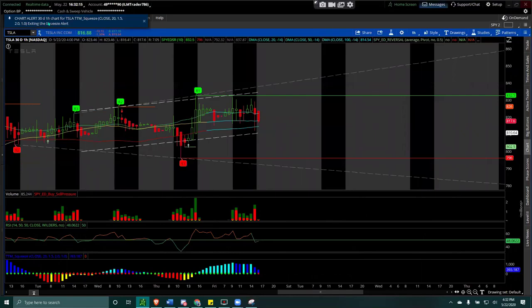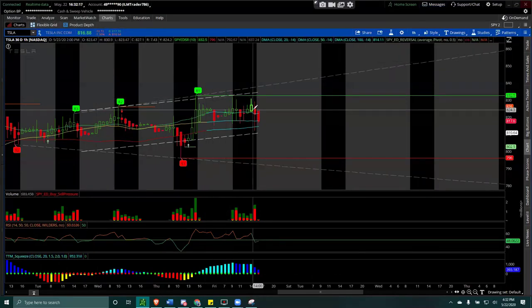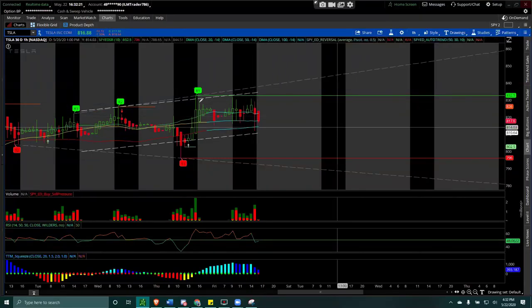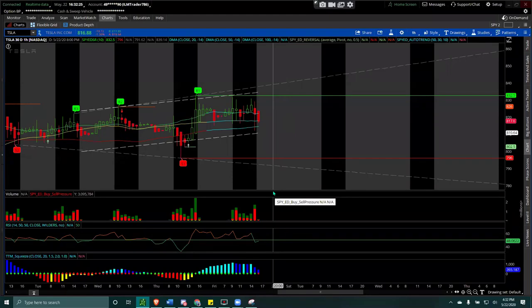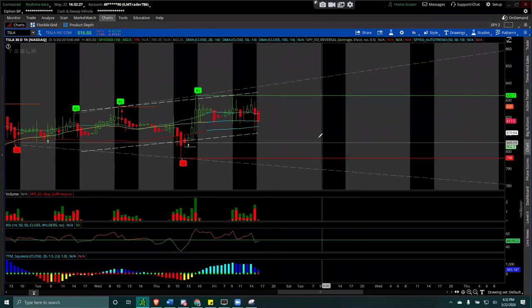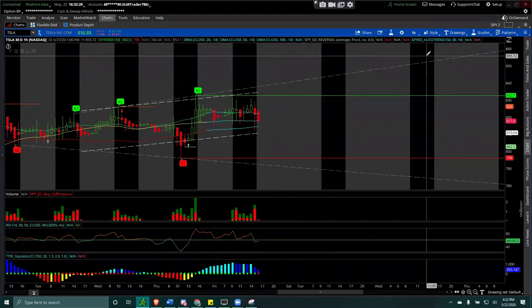Oh, look at it. I have a chart alert. See, set up the chart. Anyway, I'll show you guys in the next session how to set up those alerts. So this is my pretty generic one. You could use it on different time frames. Like this is my hourly one.